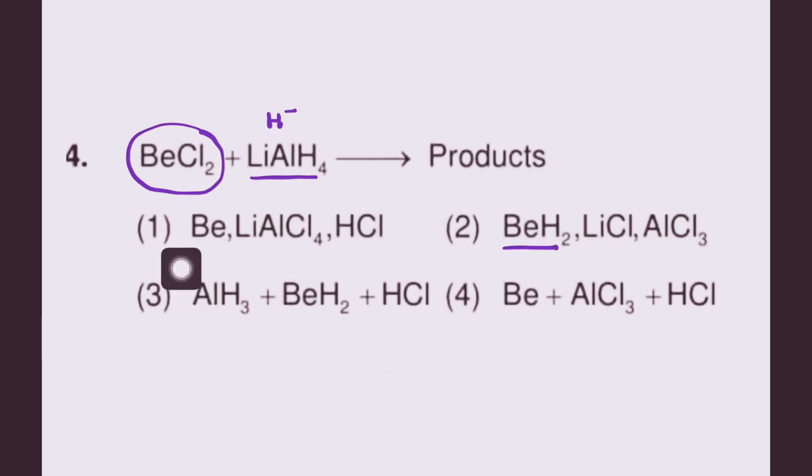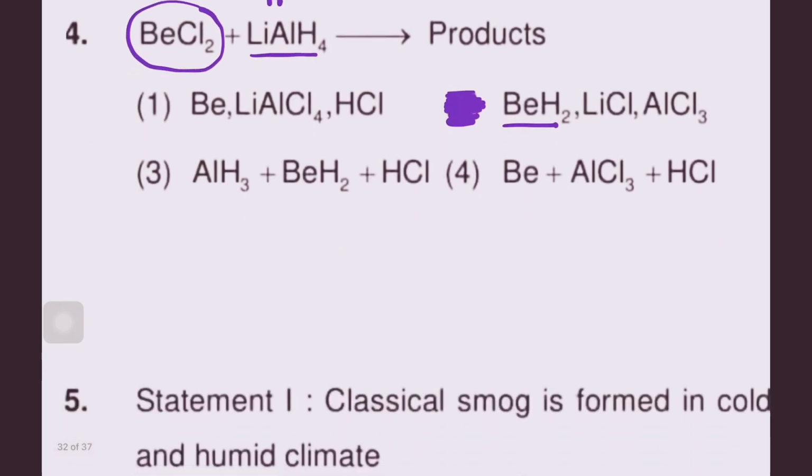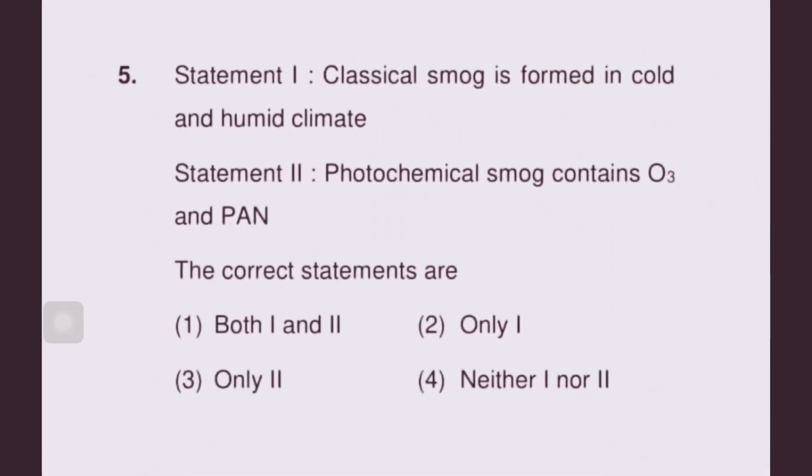And the other product is this Cl minus will be interacting with Li plus to form LiCl as well as with aluminum to form AlCl3. So it is the second one that we will be getting direct from NCERT. You can see that reaction is in S block. Next,